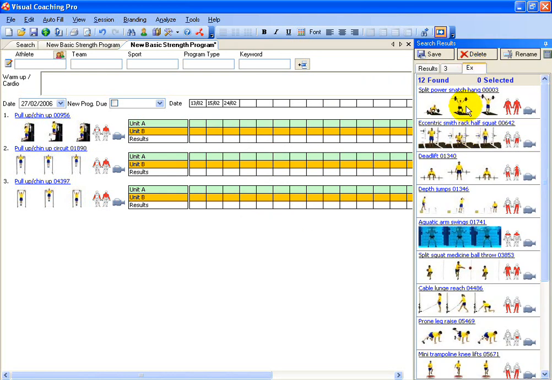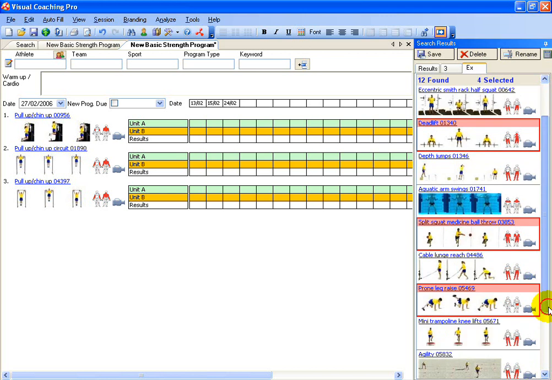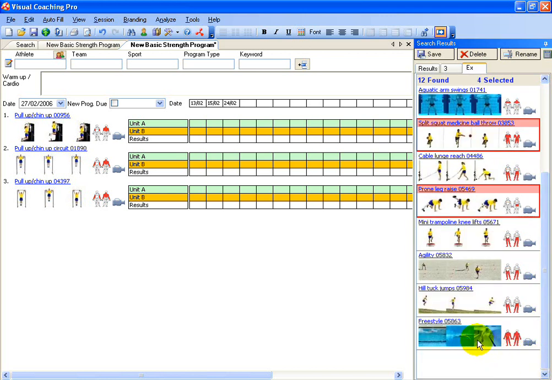However, in the other session or the other search return that you'd saved, you might want that exercise and you hold down the control key, select another one, still holding down the control key, select that one and maybe that one, and then you can look down, you say look, I want to select a swimming exercise as well. And the way then you can insert those straight in by grabbing one of the exercises that you've previously selected, left click your mouse and hold that down,